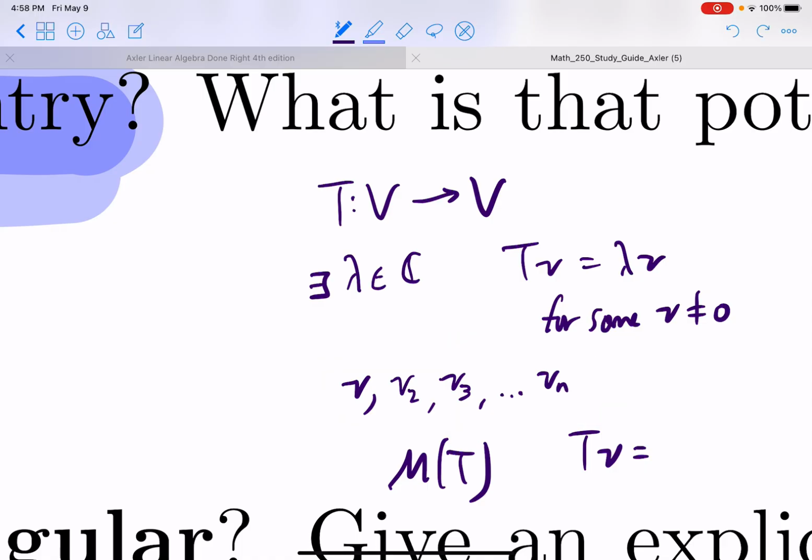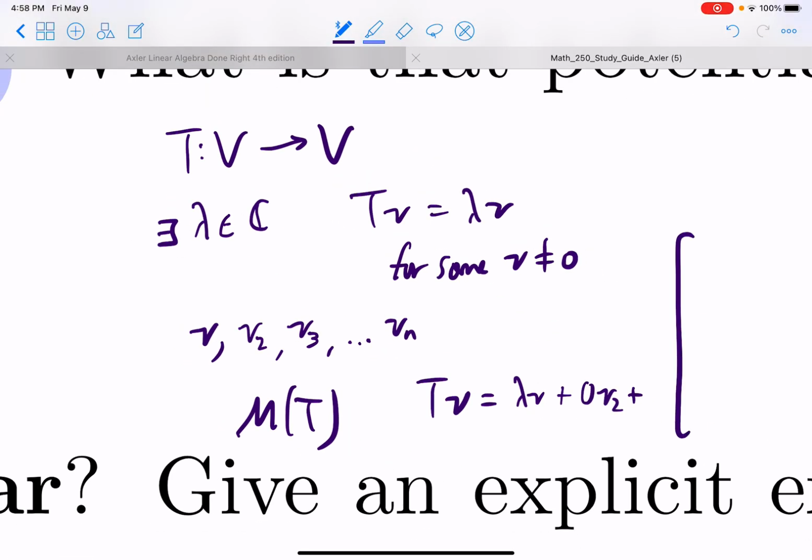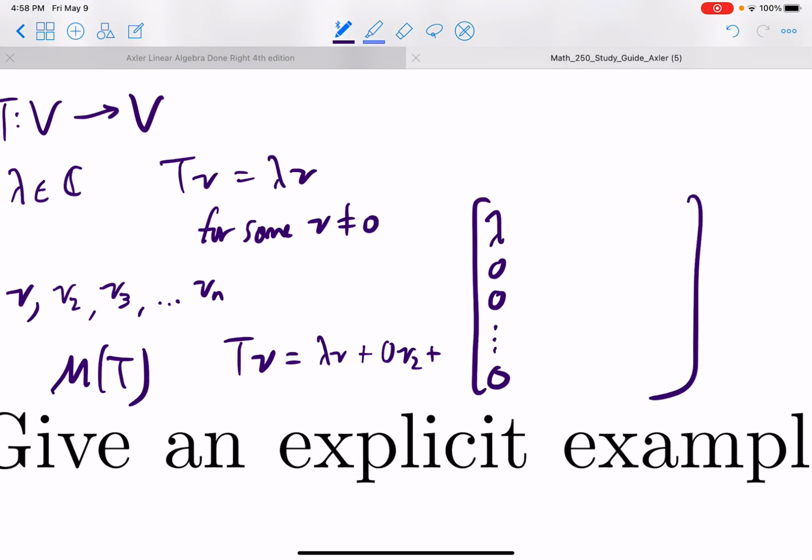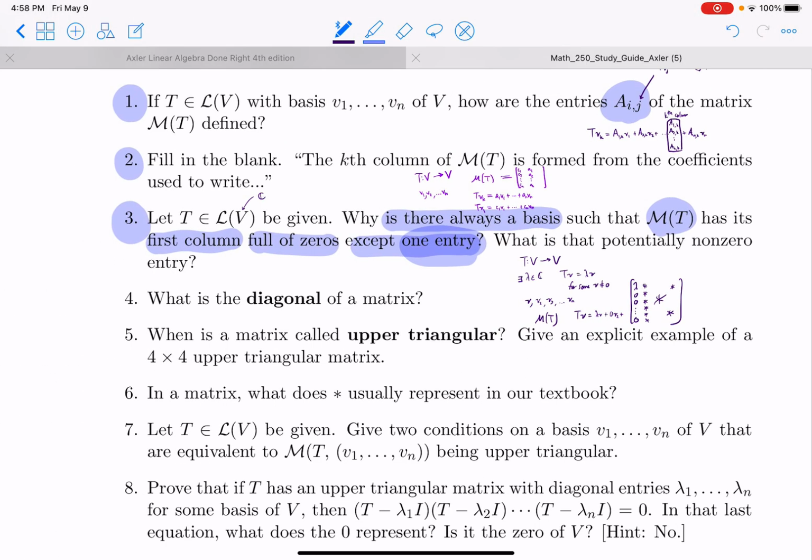But the first basis vector is just lambda times the first basis vector. So all the other coefficients are 0. We need lambda of v plus 0 of v2 plus 0 of v3, etc. And you put those into a column, and you get that. Now the rest of the matrix we have no idea, so we just put stars everywhere because we don't really know what the rest of the matrix looks like. So we can just put stars everywhere, and that answers